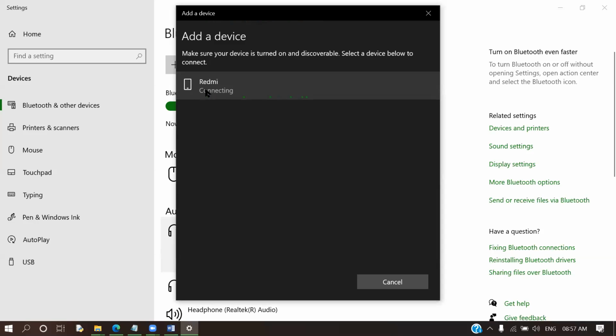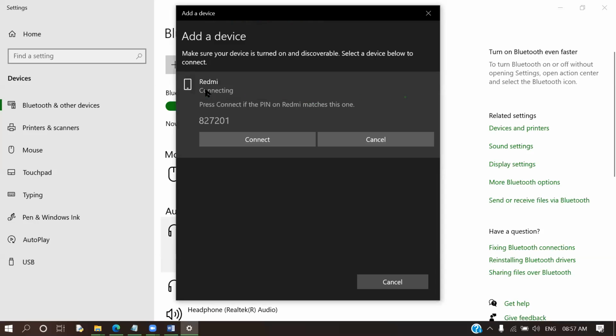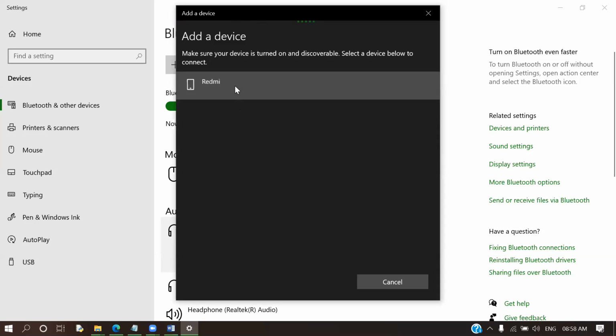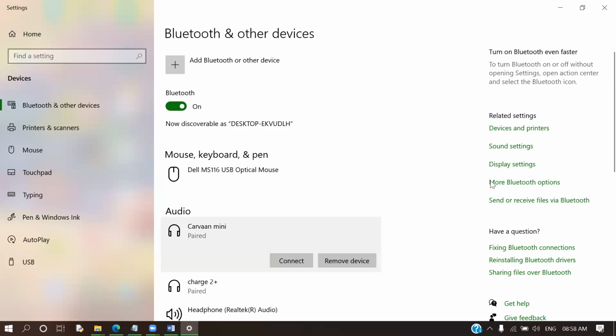I'm going to click on it. It will ask you to pair from the mobile as well as your system. And the very first step is done. You need to connect your mobile phone with your system through Bluetooth.